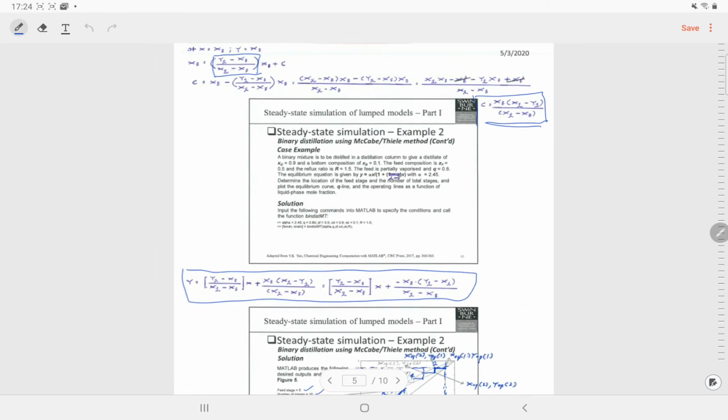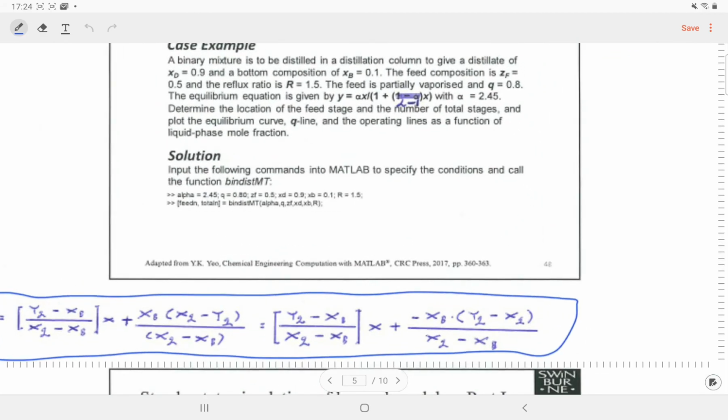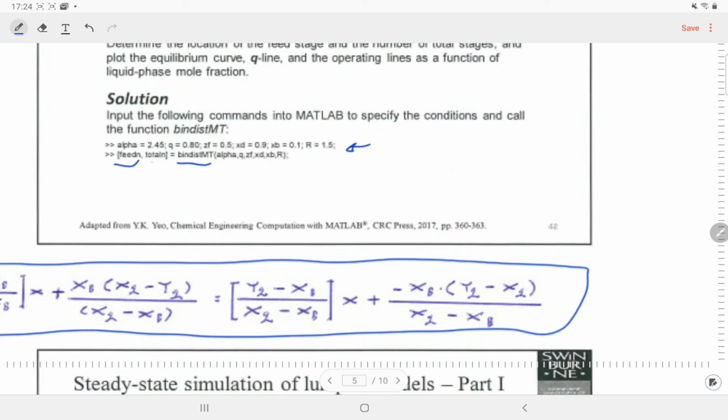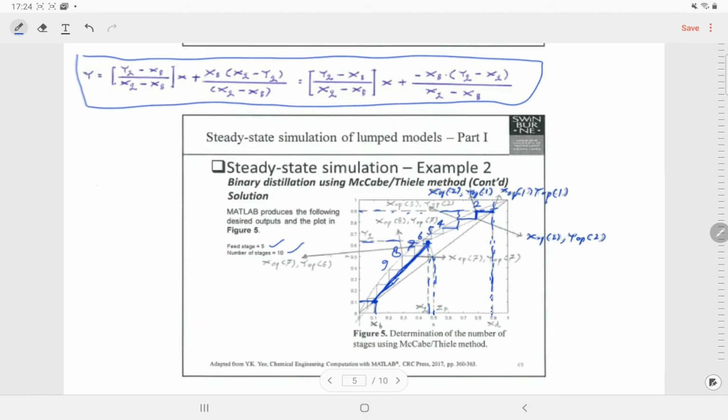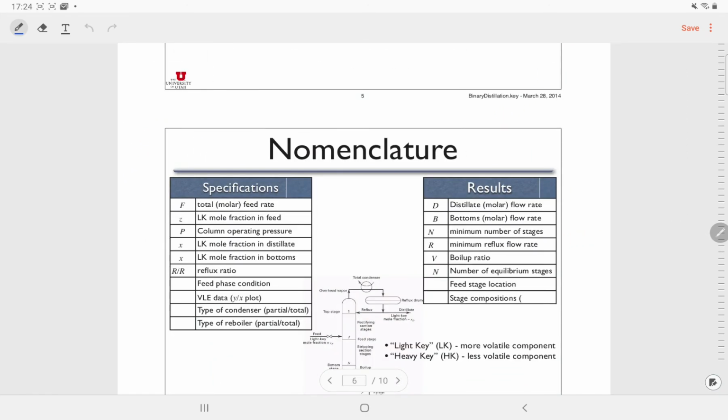What happens here is that after you define all the parameters, you pass them into the functions, and then they will give you the feed stage number and the total number of stages required.